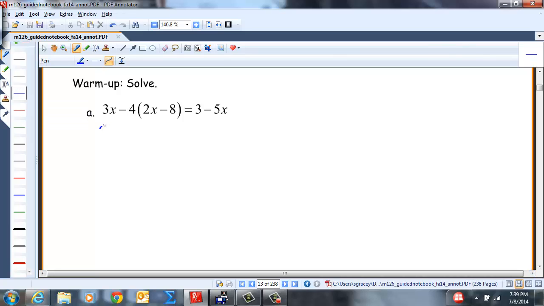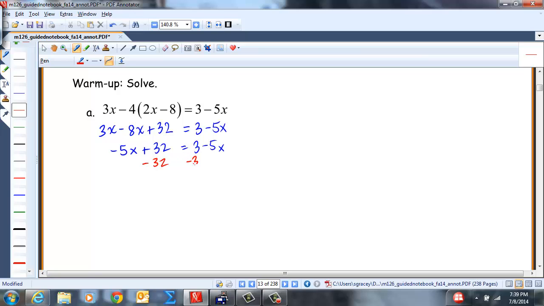So we have this 4 that needs to be distributed. The 4 times 2x is 8x, and we'll have plus 32. That is equal to 3 minus 5x. We've got like terms here, so we'll get negative 5x plus 32 is 3 minus 5x. If I subtract the 32 from both sides, I will have negative 5x is equal to negative 29 minus 5x, and